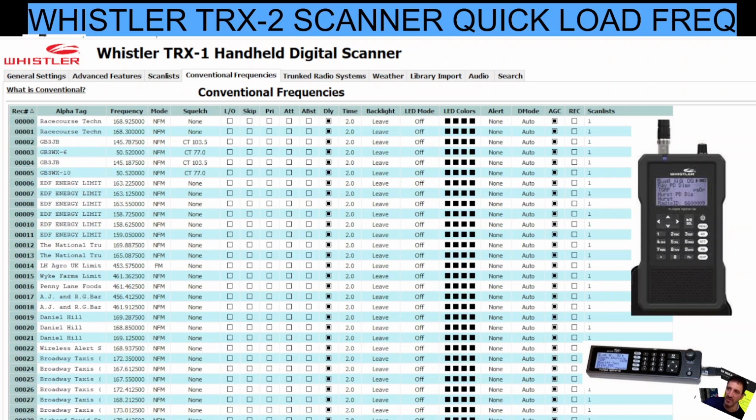Okay, there they all are. They've all appeared nicely. That's a lot of frequencies. So all we've got to do now, we'll save the configuration first, but we may as well turn our lights